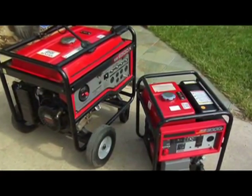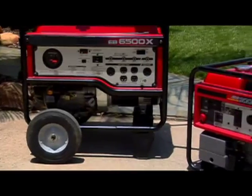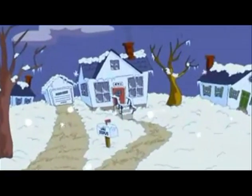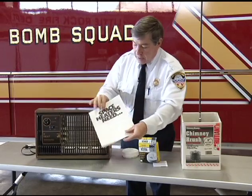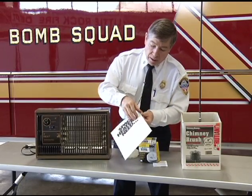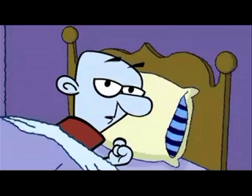Other potential heating problems include the misuse of emergency backup systems. But what about something created specifically for inside heat, a space heater? These too need to be used carefully. I like this sign here. It says space heaters need, wait for it, space. McCann says space heaters need 3 feet of space away from anything, a wall, a blanket, etc., in order to